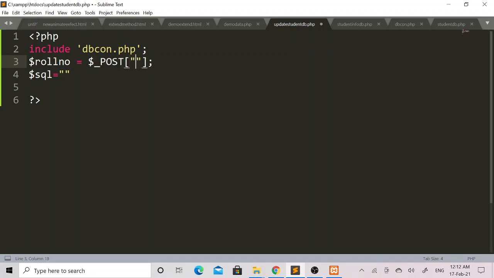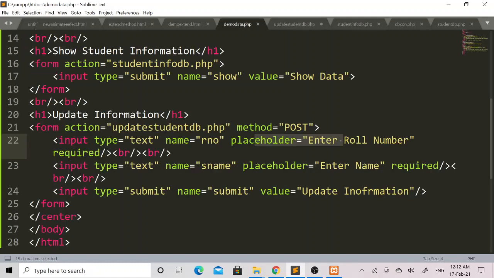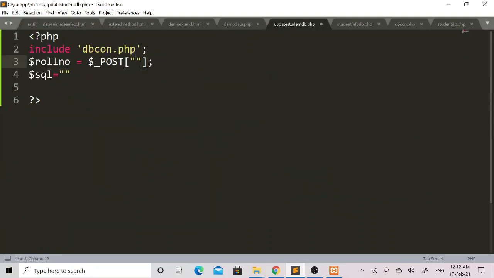Within this square bracket within a double quote, I will set the RNO value that I have assigned to the name attribute of the roll number tag.